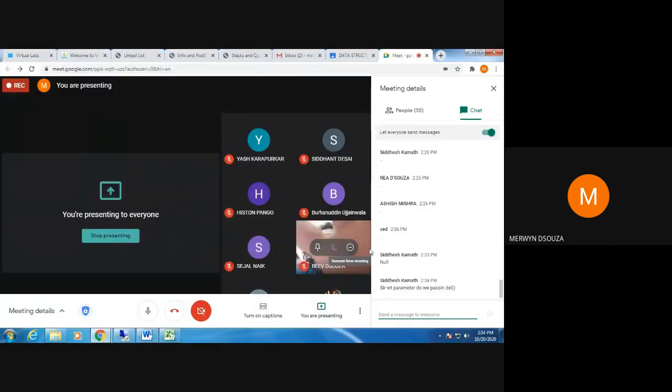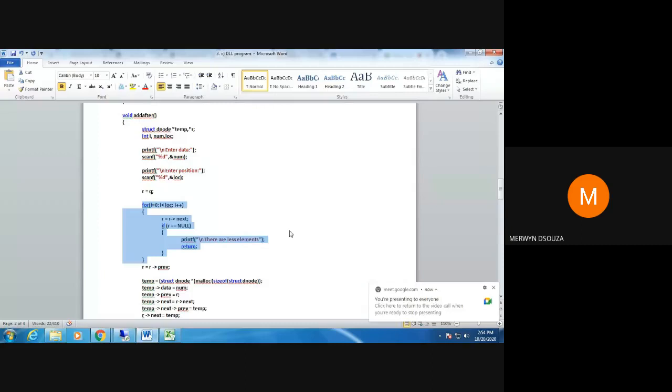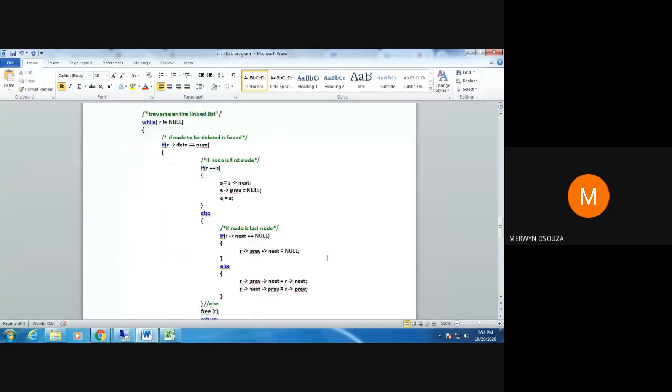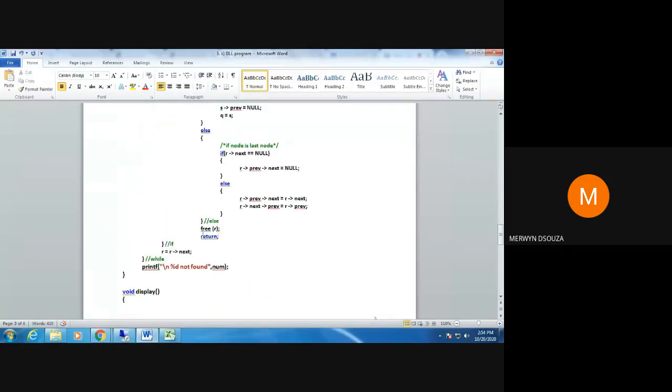So this completes your doubly linked list program. Any questions about this code? Anyone? There are two changes that you all need to make in your code. If you have the program open, in the delete function, change this line here.